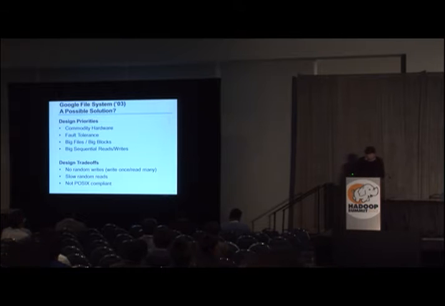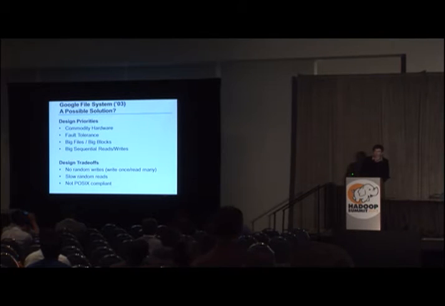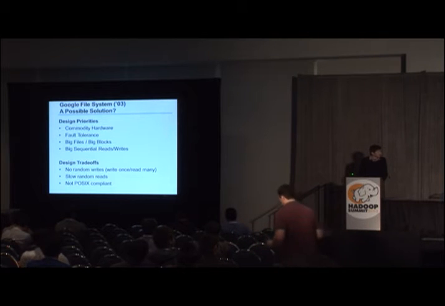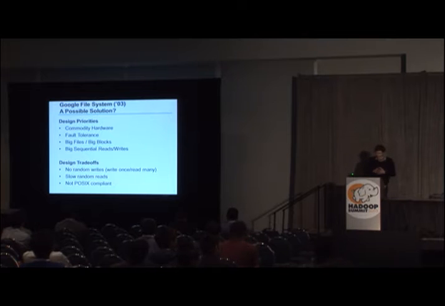So this was basically the problem that engineers at Google were faced with about 10 years ago. They were working on their search engine, and in order to power the search engine, they needed to do a big crawl of the web at that time, generate a massive data set, and from that massive data set, generate an inverted index, which they would use for their search engine.